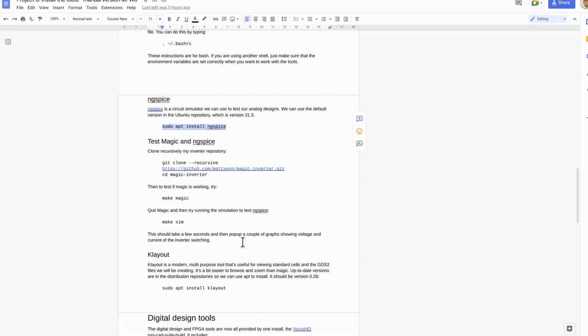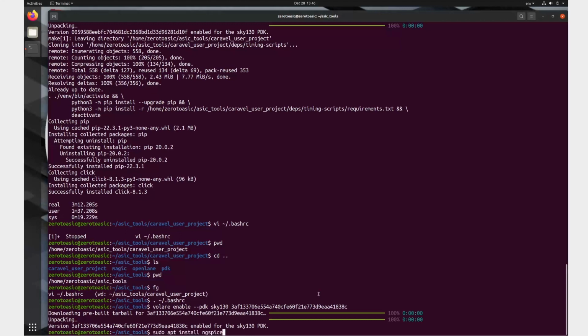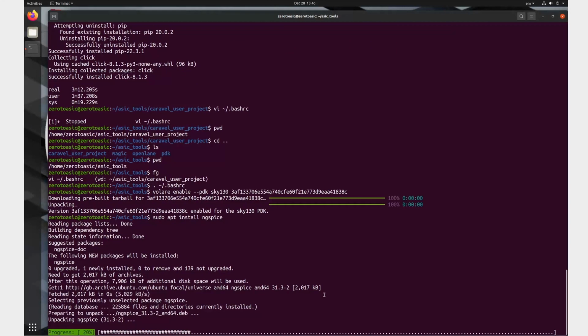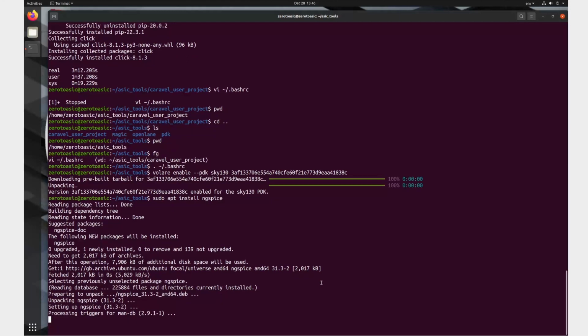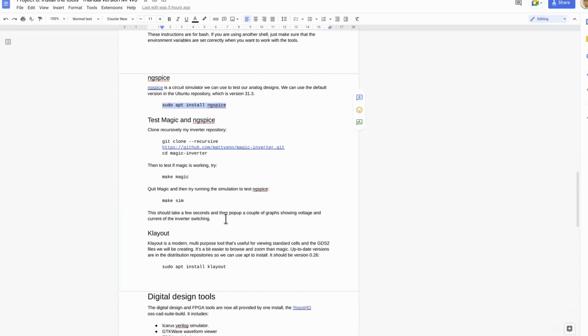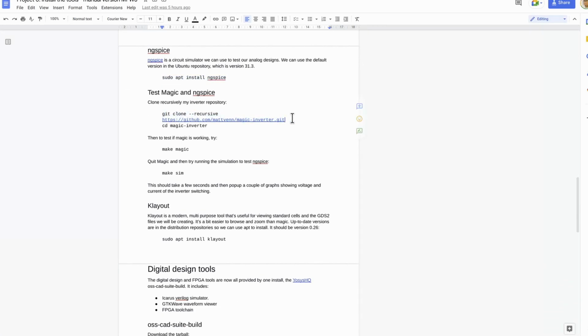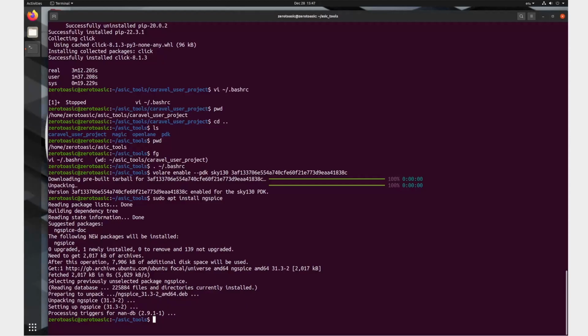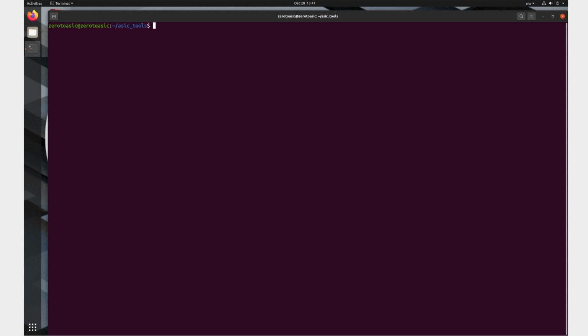And now the next step is to install ngspice, which is an analog simulator that we'll be using in Project 1. Okay, now we're going to test